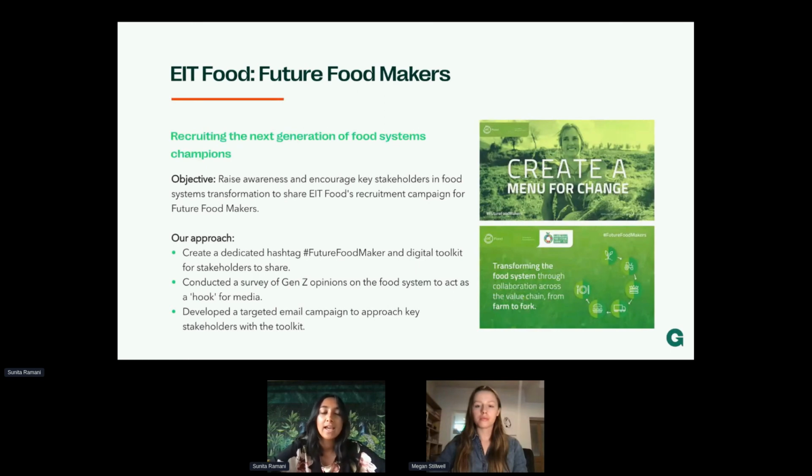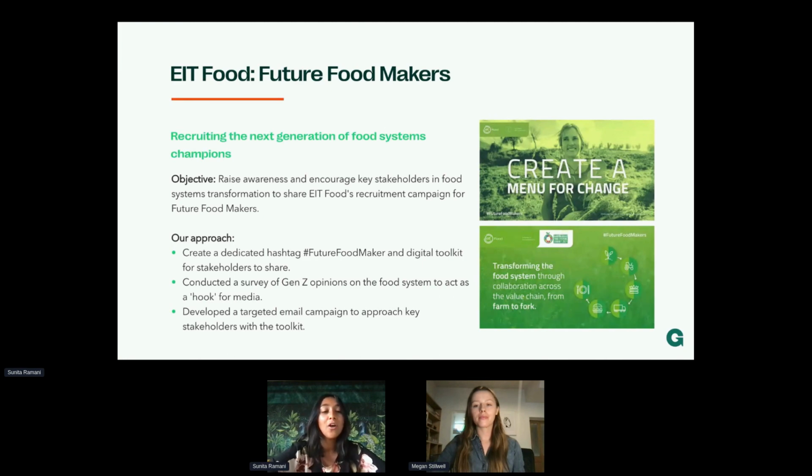But in this case, our campaign was really all about looking to the next generation and trying to find those young people who are going to become our food systems transformation champions for the future. So the objective here was raising awareness and encouraging key stakeholders in food systems transformation to share our recruitment campaign for the Future Food Makers.